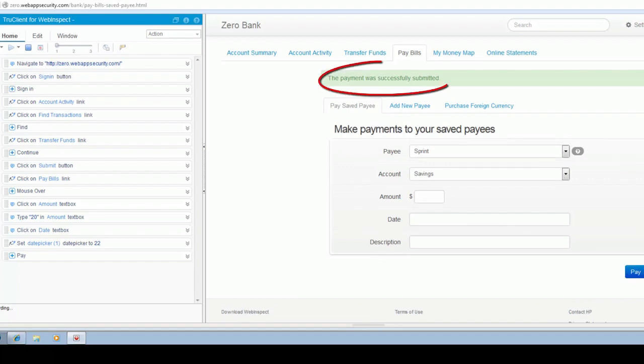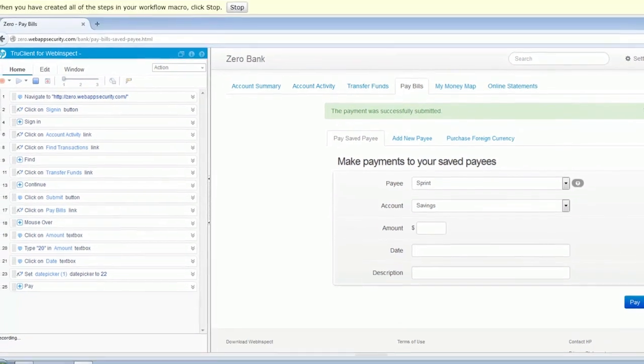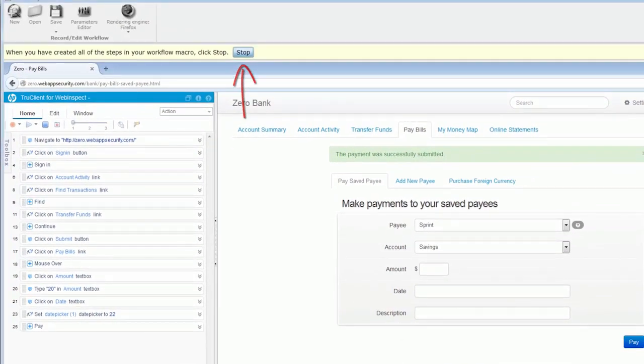Okay, so we are done. Let's say that this is the only thing that we want to test. We can keep going, but so that you get the idea. We click on stop. Okay, and then as you remember, web inspect tell us, hey guys, try to verify if it works properly by replaying the macro. So let's see if that works. We click on play,